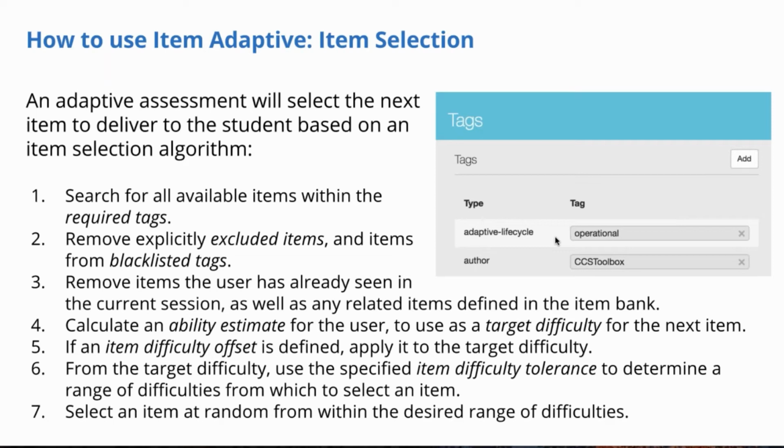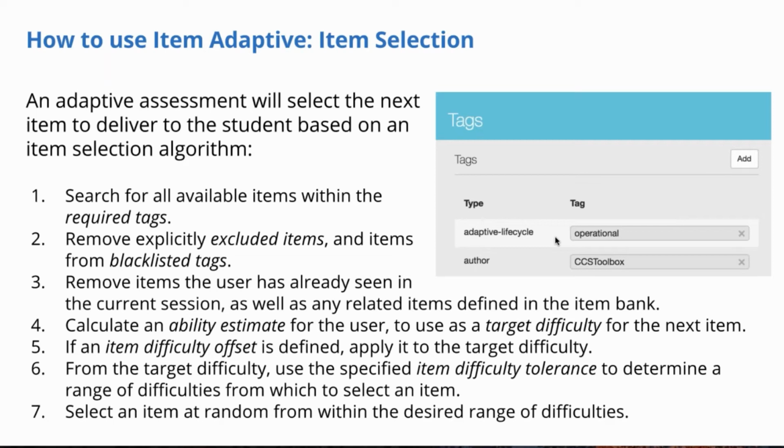Then we're going to take a look at the ability estimate for the user up to that point. And we're going to use that to figure out the target difficulty of the upcoming item. If you've defined a difficulty offset, we're going to apply that to the target difficulty so that you can hone in easier or more difficult. Once that offset has been applied, there's a range of difficulty. So that tolerance is defined in the algorithm so that only items with a difficulty that fall within that range can be selected. And then once that's all been determined, for any items that satisfy all of those criteria, a random